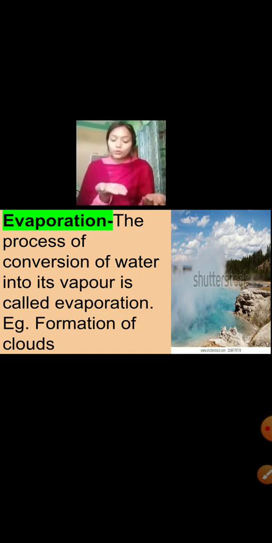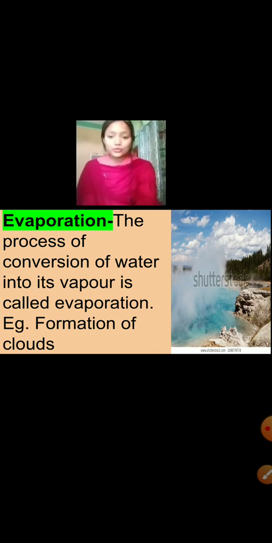So when we are putting that in a plate, what we are doing is increasing the surface. The glass surface is small and this surface is large, so we are increasing the surface. When the surface is large, then the process of evaporation will be higher. Is it clear? So surface area increases the process of evaporation.